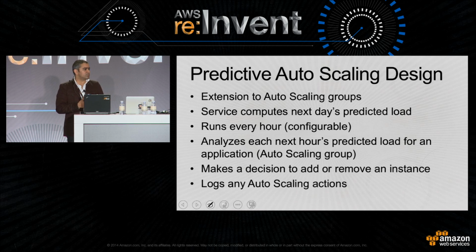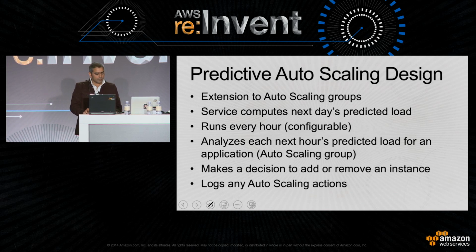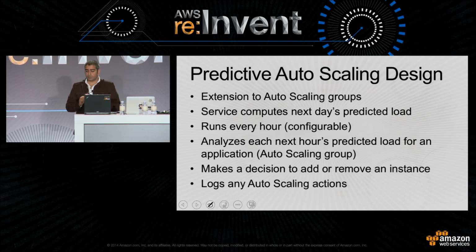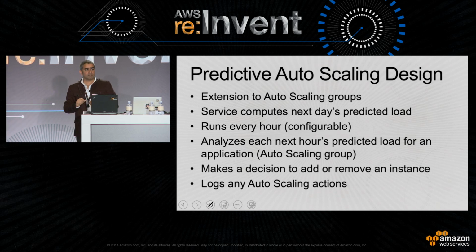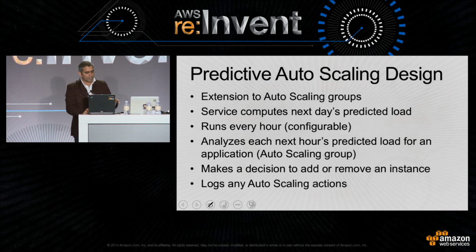What you want to do in production is run it at least every hour, or you want to run it every day, basically. So you look at the past data, and then you say, hey, right now it's deemed 5 o'clock, but actually it is really 4 o'clock, right? At 5 o'clock, what do I want to do? The projected load is 90%, because in an hour's time, it's actually going to be 90%. So I think, 90%, so let me actually add a new instance, right? So I proactively scale my application. And that's what we want to do. And then you want to log whatever you did, or send an alert, or send an email to someone.